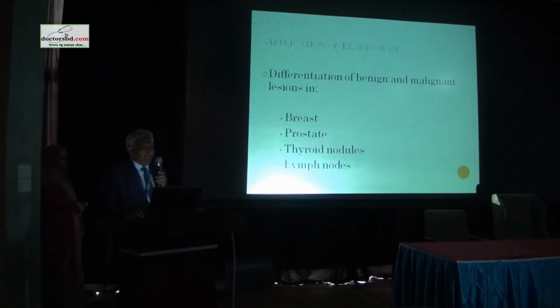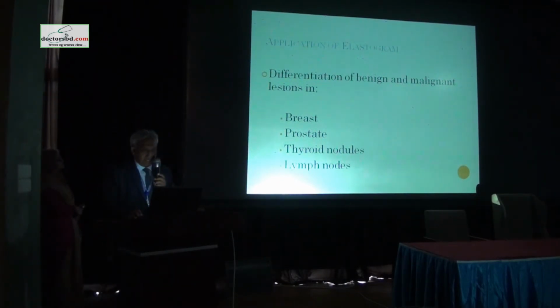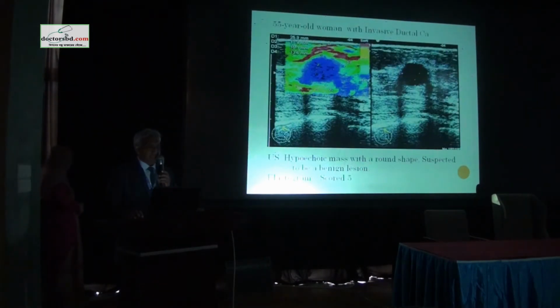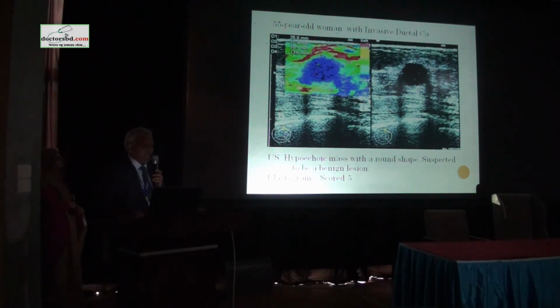And this kind of application is being used in many areas. As you know, elastography is not only used in breast, but in fact in breast, in thyroid nodule, and in the lymph nodes as well. So my topic is basically how elastography is going to help in breast lesions, and that too which are more likely to be a kind of intermediate lesion. Look at this image which represents the assessment on the basis of color elastogram.